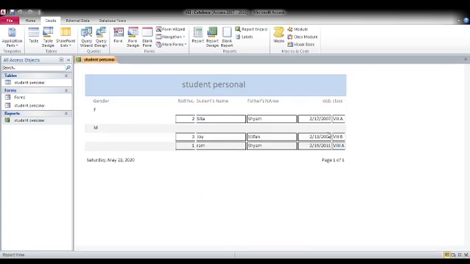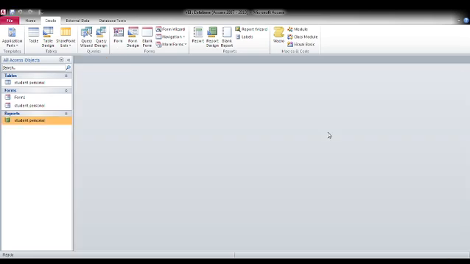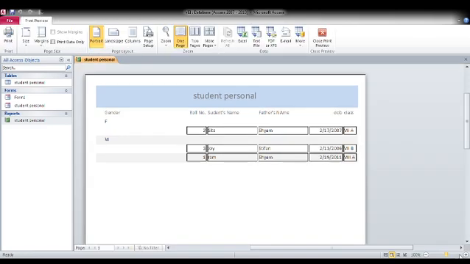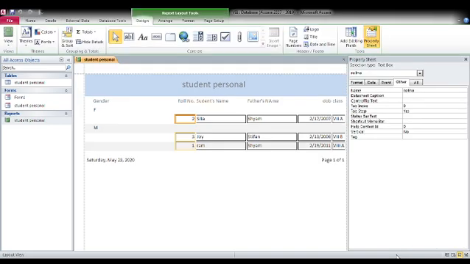Now see, in this way, if you want to make any changes, you can go for a design view for the report. How to do it? Right click on it and go for design view. You are having layout view, design view, so you can go for any of the views, whichever you want. Here is your preview. Okay, here is your design view also. We are having all four views here: report view, preview, layout view, and design view also.